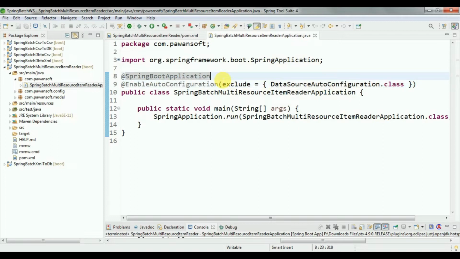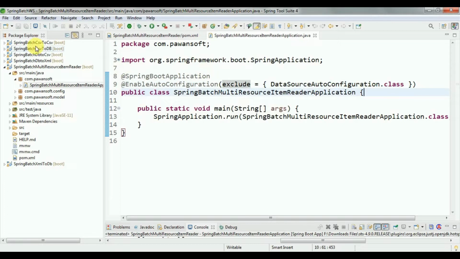It will ask for the URL, username, password. So write this EnableAutoConfiguration annotation inside the main class and exclude the DataSourceAutoConfiguration class.